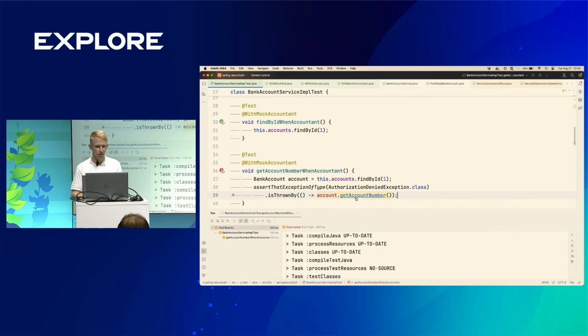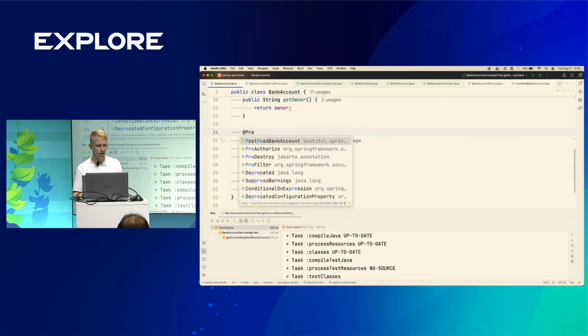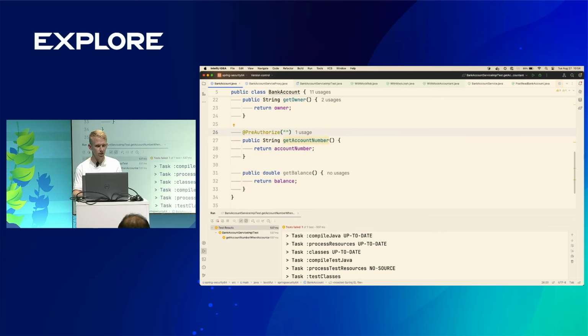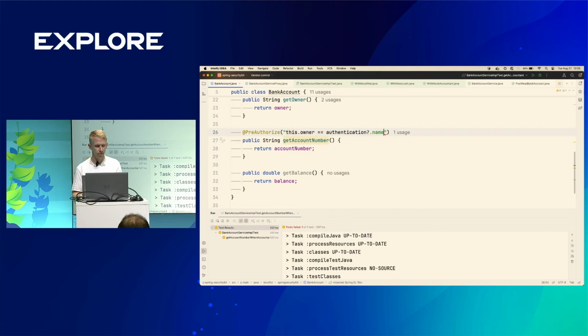And it does. So how can I enable that? Well, I can use a pre-authorized annotation. And the pre-authorized annotation, I could say this. This refers to the bank account object. And then I can say owner, remember there's an owner on it, equals authentication.name. All right, and then, oops, that's not gonna work